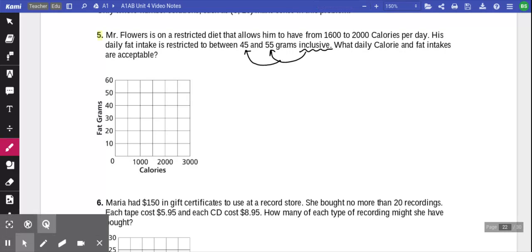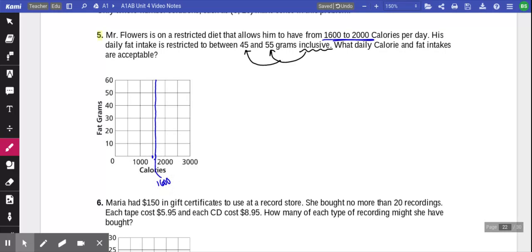So we don't actually need to make equations here because of what was given. I'm going to start here with the 1,600 to 2,000 calories. On our graph itself, we can go from 1,600, and we're going to say, all right, halfway between 1,000 and 2,000 is 1,500. So we'll say 1,600 is about here, and I'll label that in a second. Mr. Flowers needs a minimum of 1,600 calories and 2,000,